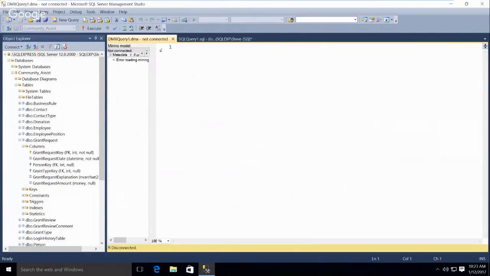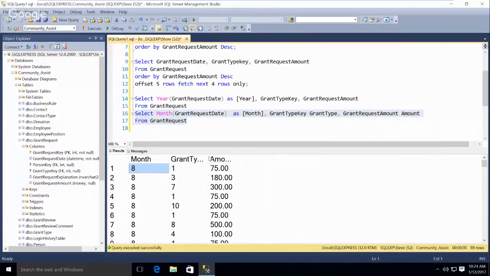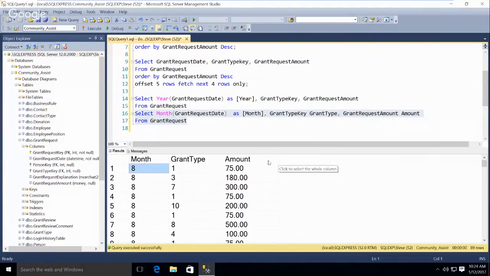Cancel this. Kill that. Come back here. So let's make this so you can see month, grant type, and amount. The alias came across rather than the underline. So the as is always an optional keyword there. Although you might want it for clarity to let you know that you are aliasing it.